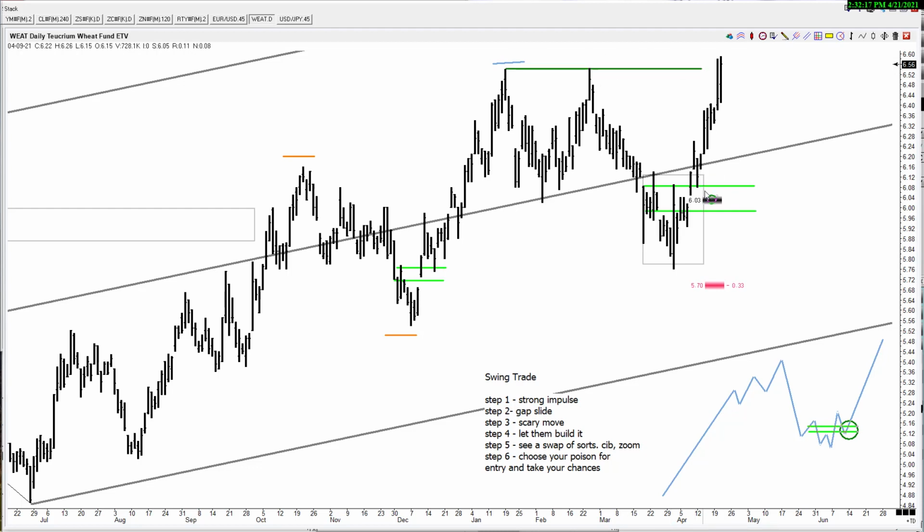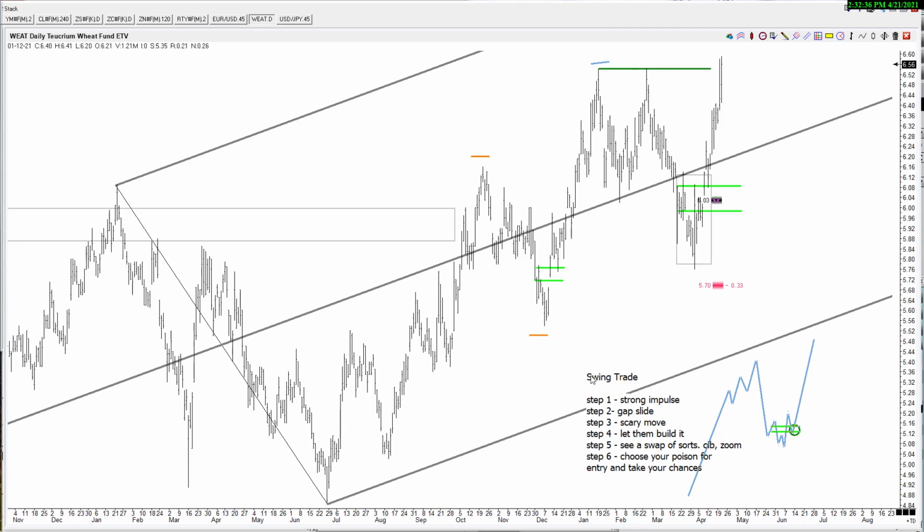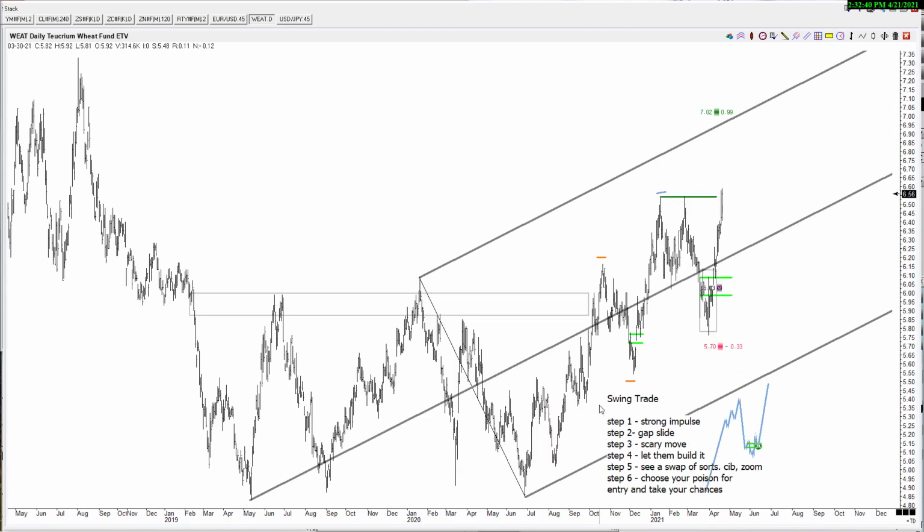I don't mind leaving this order in here if price wants to bounce around under the high and hit me, but once it's made a new high, I'm going to reset myself. So personally, I'm canceling this, but this was more of a demonstration on making a trade plan